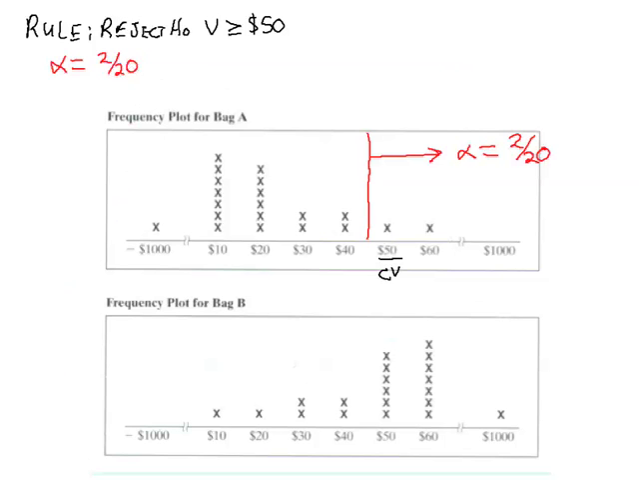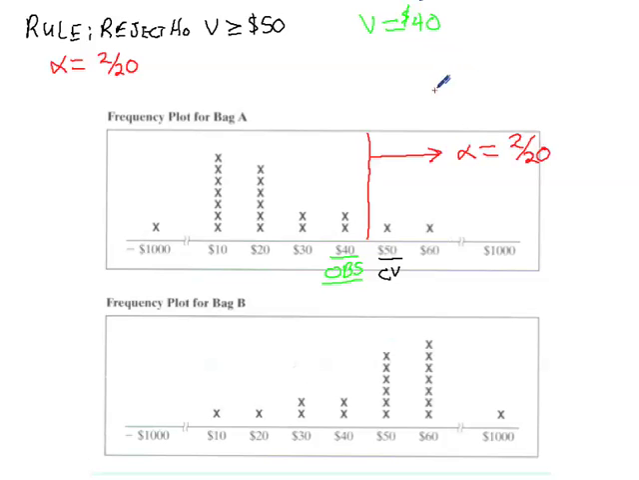But now what I'm going to do is take a look at some observed values, okay? So let's pretend that you grab this bag, bag A, and you reach into it and you pull out a $40 voucher. So pulling out a $40 voucher would be your observed value. So you observed a $40 voucher. So if the voucher was equal to $40,